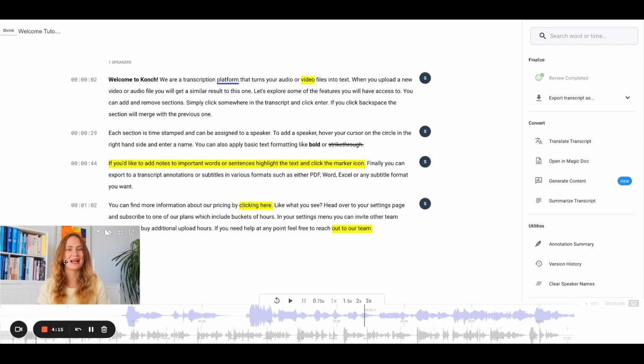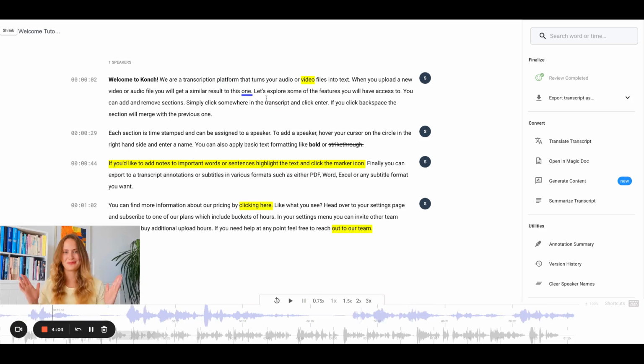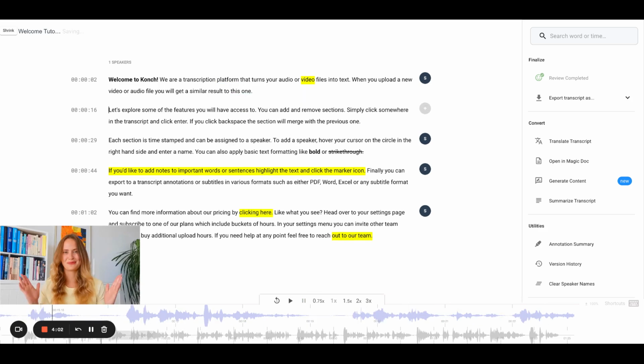You can see that this lady down at the bottom starts speaking, and we then track every word that's being said with this blue underscore. And in here, you can basically treat this as a Google Doc document. So you can create new paragraphs, you can remove things if you want, or you can add them again.